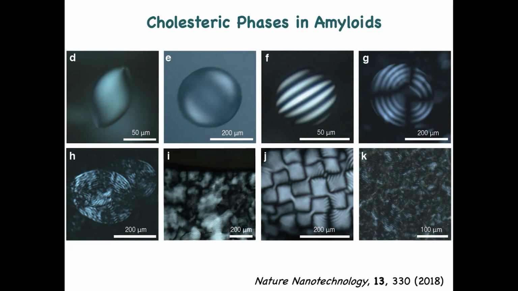Spindle-like droplet, radial nematic, uniaxial cholesteric or chiral nematic, radial cholesteric. This is multi-grain. This is two phases. This is isotropic. This is the cholesteric phase. The cholesteric phase can have very interesting focal conic defects. This is multi-grain and so on. And I could spend weeks discussing these images, but I only have 40-45 minutes.